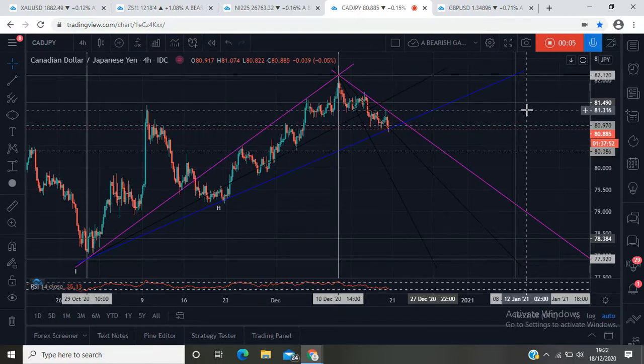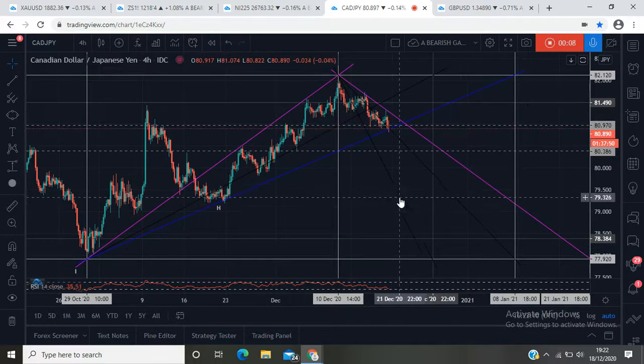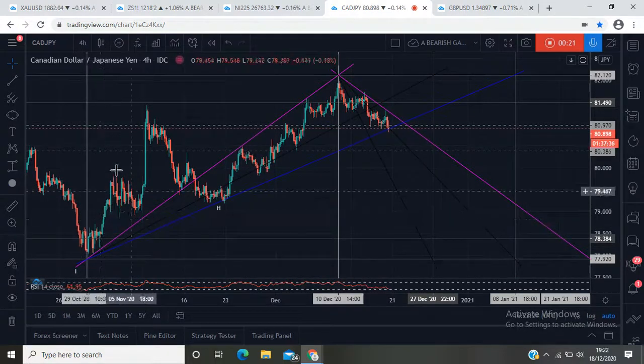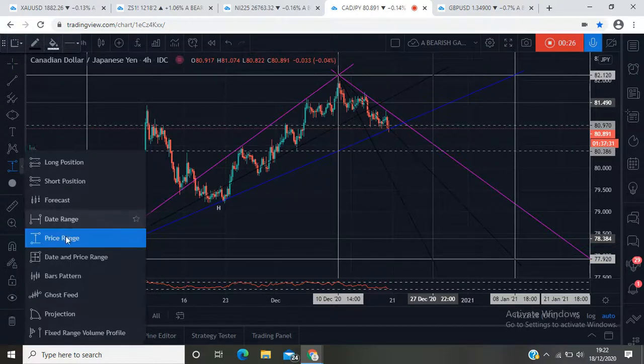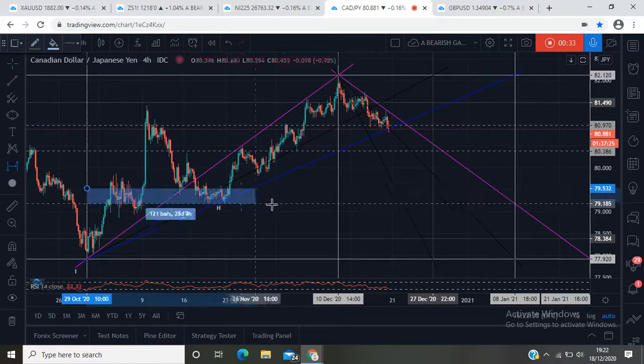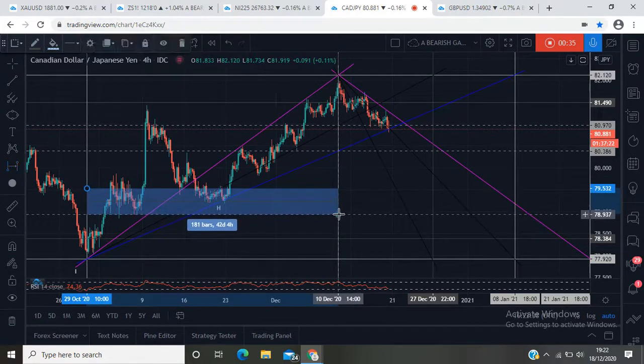We want to have a brief discussion in this market. This is just a structure we identified in a 4-hour time frame on this market, and we just want to go through it quickly. Now, this market, if we measure from this point to this point, exactly we can see that we have